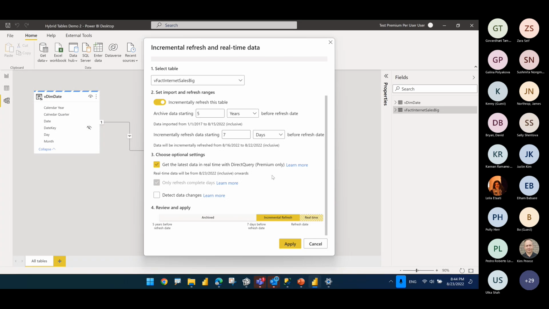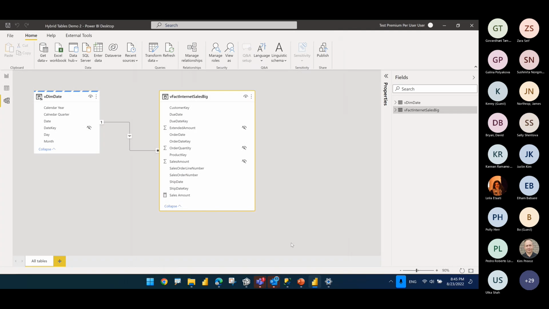By the way, this is an interesting time for me because calendar-wise, I'm on August 23rd. So Power BI Desktop thinks that I'm on the 23rd, but the service actually for me, my refresh is working off of the UTC. So refresh actually loaded data for August 24th. Okay, so I'm going to apply this one.